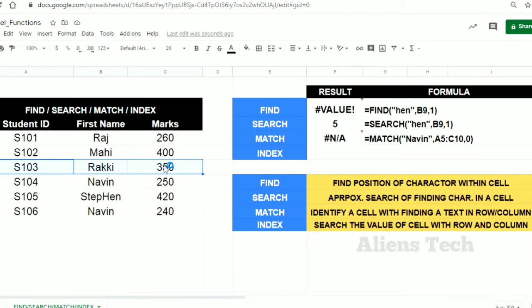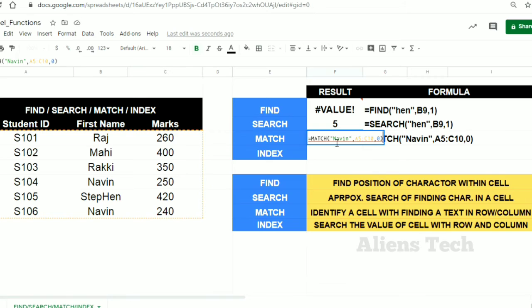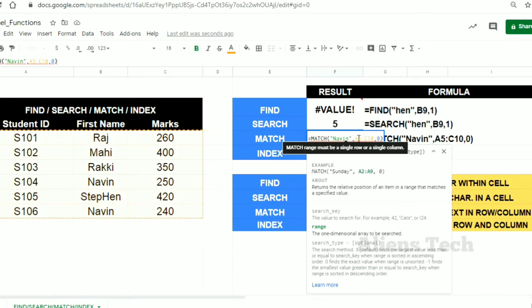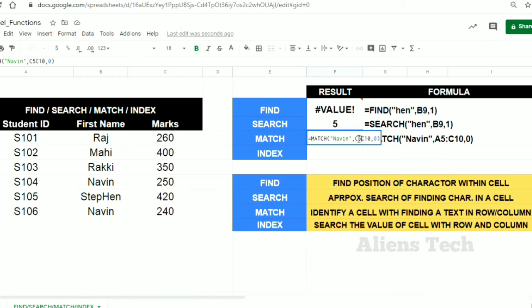Okay, so here if you check that, I have defined A, B and C, these three columns. So I need to specify which row or which column the controller should look in for the specific value. So now I am going to define the column, instead of A5 I'm just specifying C5 to C10. Sorry, it is available in B. So B5 to B10. Let's check how it's working.